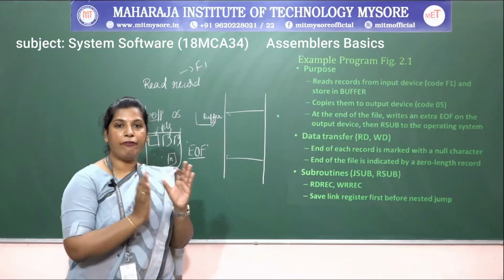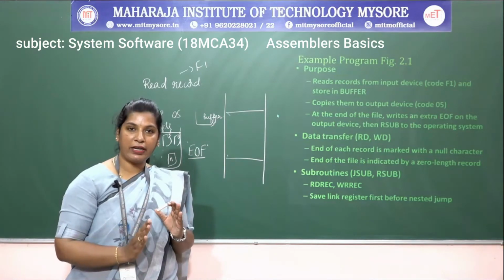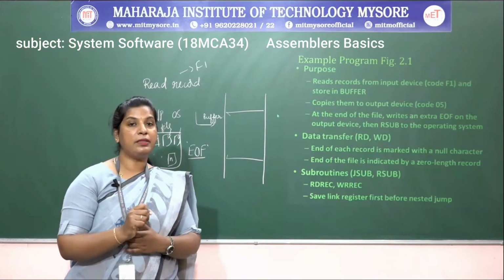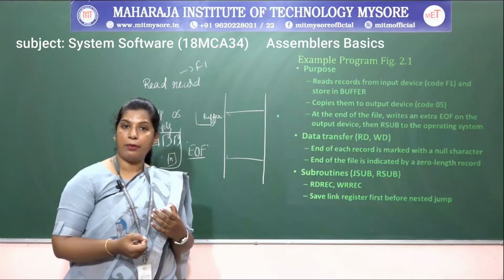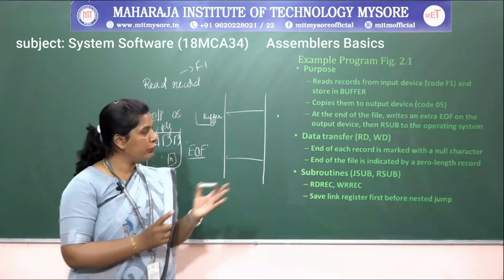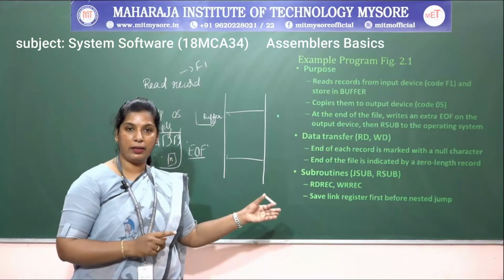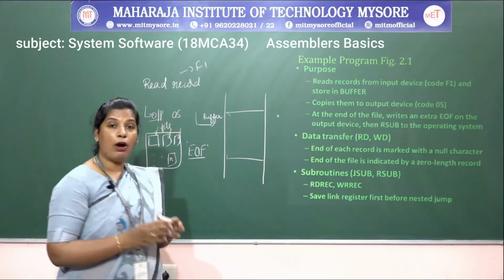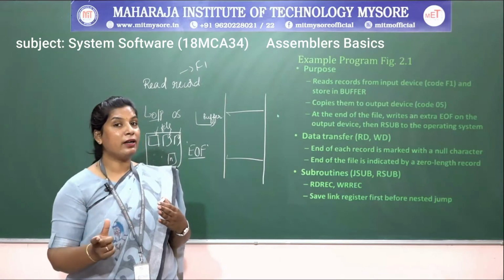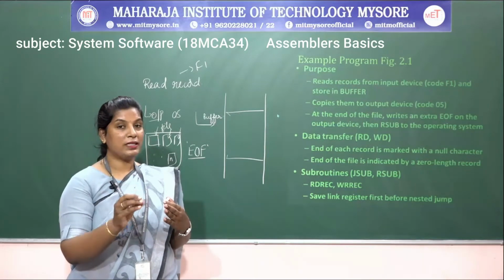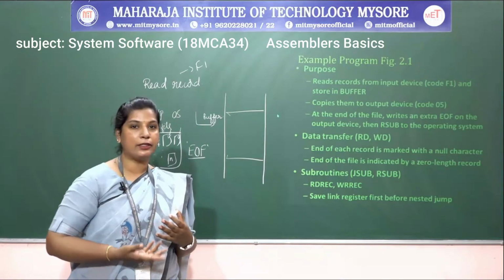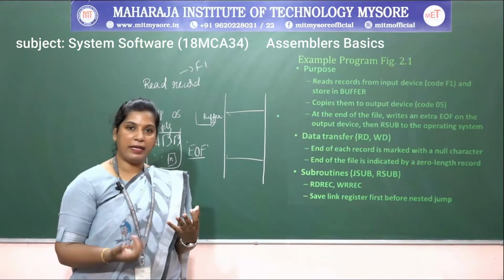So a file consists of n number of records. The program can read only one record at a time. That record might have any number of characters, up to the maximum length of the record. I will tell what the maximum length of the record is while explaining that program. After reading the first record, it must be displayed onto the screen. While displaying that record, it has some characters, so I want to know the length of that record. It might have 10 characters, 100 characters, up to the maximum length.